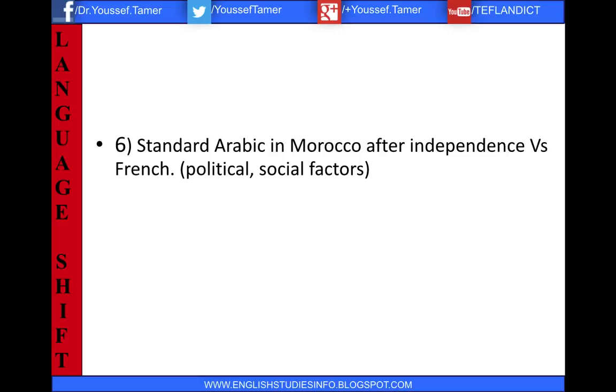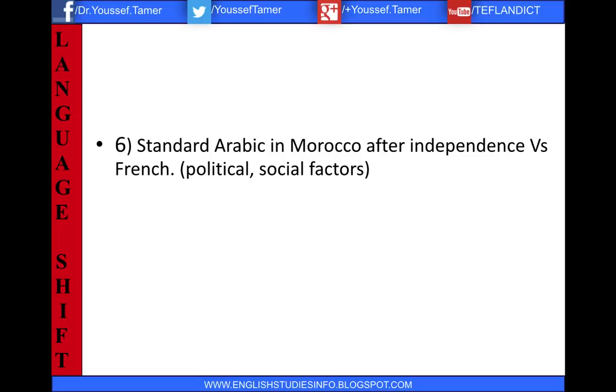In our context, we have Standard Arabic in Morocco after independence versus French. Before independence, we used to have French as the more powerful, more used, etc. But then after independence, we shifted to Standard Arabic. And the reasons at that time were political, of course, after independence, and they were, of course, social factors,